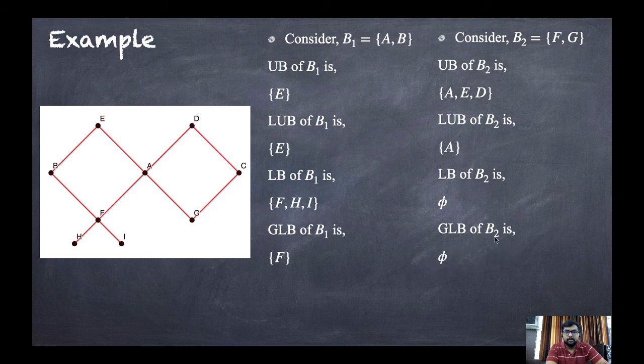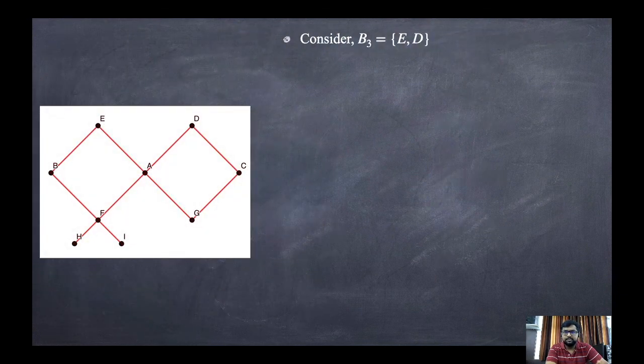Okay. Now let us consider the third set, that is P3. And in that, E and D. So this is the set E and D. Now first, what will be the upper bound? Now for upper bound, there has to be a relation from the given points to the upper points. But you can see that there are no upper points. So that means it has to be 5. Now, since the upper bound is 5, the lowest one, that means the least upper bound, is also 5. So LUB and UB is 5.